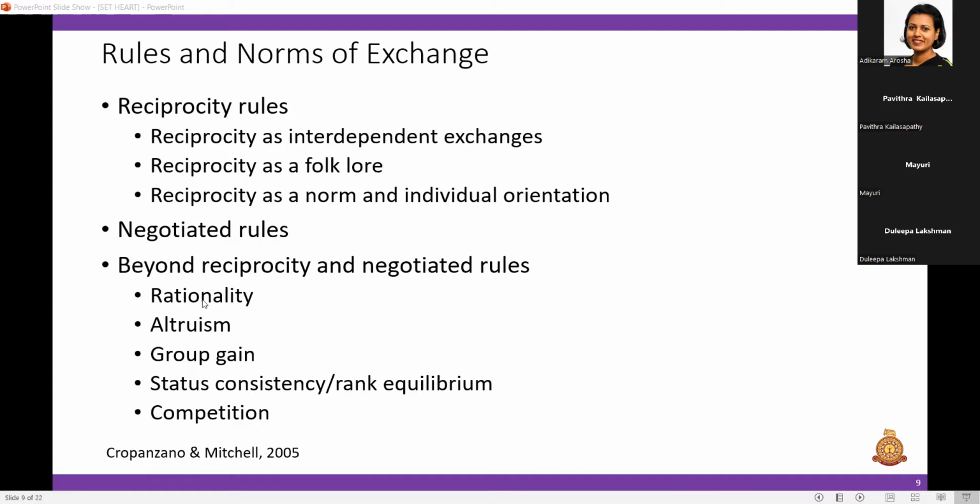Now, according to Cropanzano and Mitchell, beyond reciprocity and negotiated rules, these aspects should be part of the social exchange principles that a social exchange relationship should talk about. But this is where little or no research has been done in terms of rationality, because what they are saying is, in this social exchange relationship,